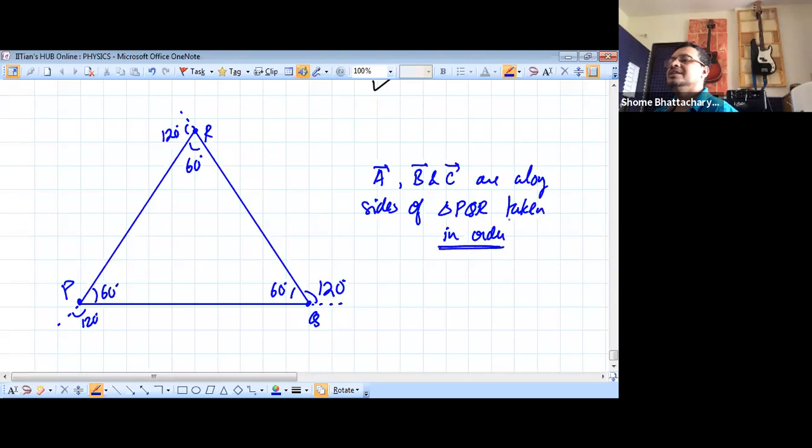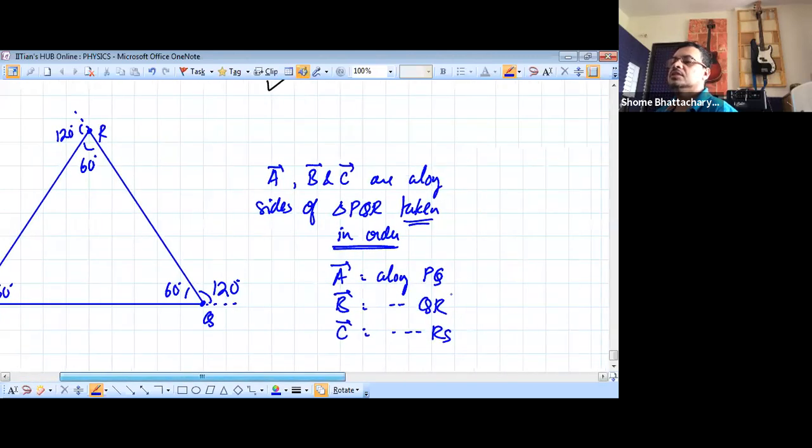So taken in order का मतलब क्या है? That suppose A is along PQ. Okay. So then B should be along QR. C should be along RP. Okay. And plus it is given to us that magnitude of A is 1,